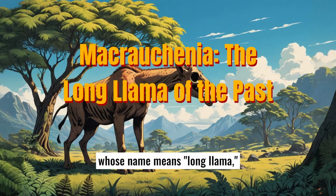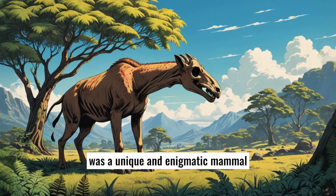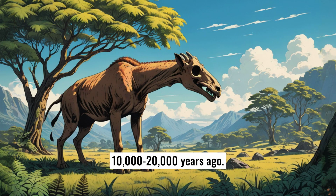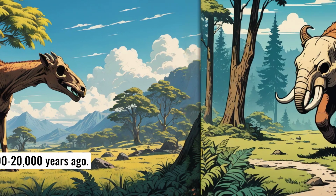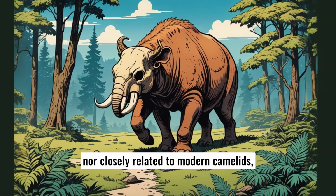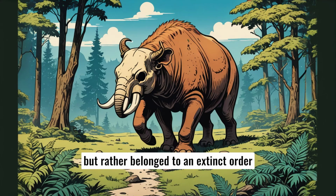Macrauchenia, whose name means long llama, was a unique and enigmatic mammal that roamed South America during the Pleistocene epoch, from about 2.5 million years ago until its extinction around 10,000 to 20,000 years ago. This peculiar creature was neither a llama nor closely related to modern camelids, but rather belonged to an extinct order